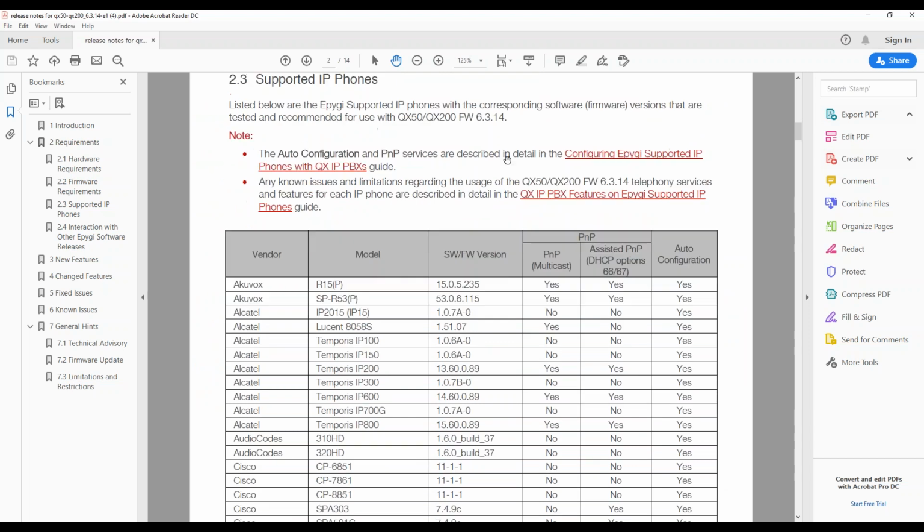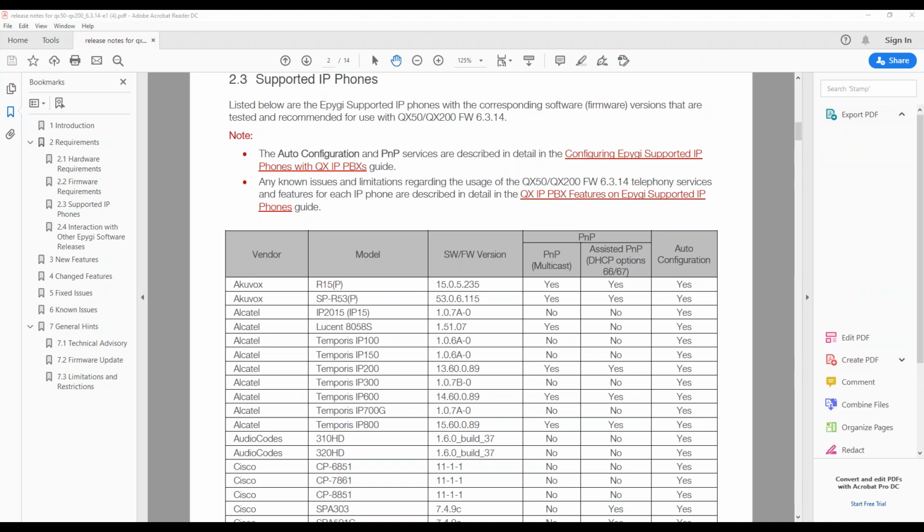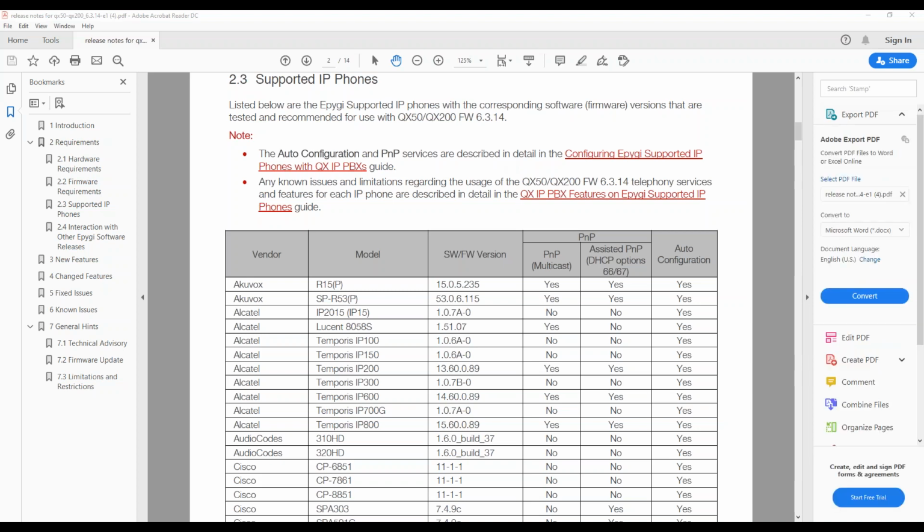One of the things I often get asked is what type of IP phones are supported with the UpG product. And the best place to find the latest information with all the list of all the phones is to just open up the release notes, and you'll see